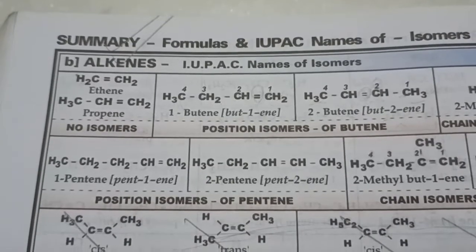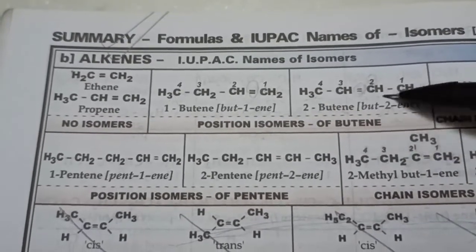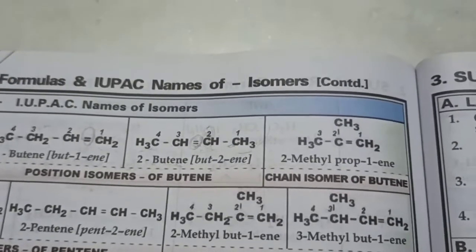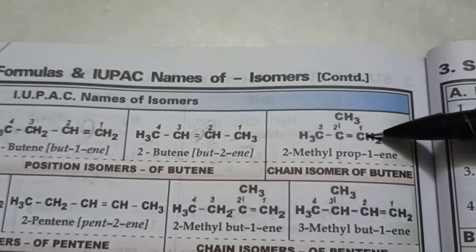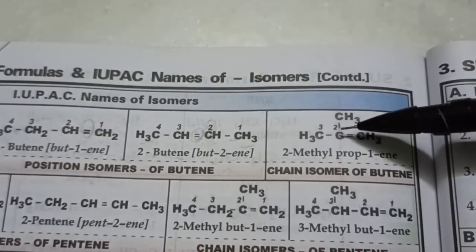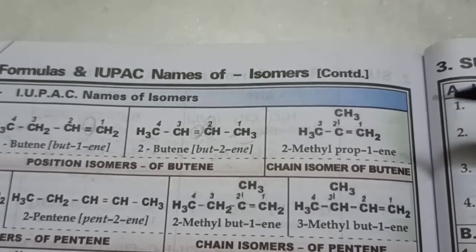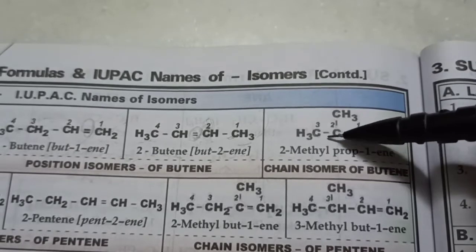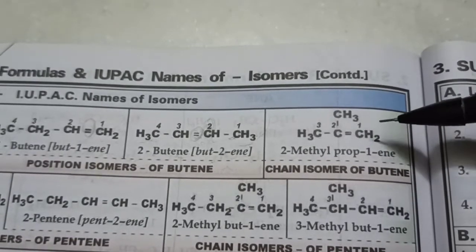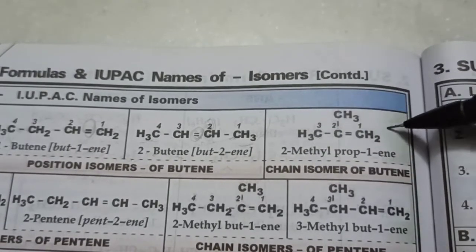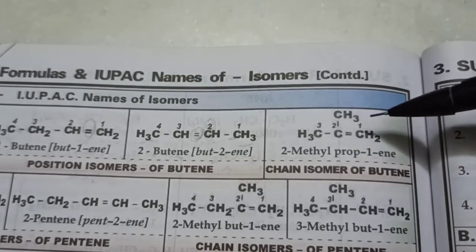What if, instead of writing all 4 carbons in a straight chain, we write it like this. 1, 2, 3, and the 4th one is attached to the middle carbon. So it's called a branched chain. Then put a double bond here, or we could have done it here also, or here, doesn't matter. And then fill in the blanks with the remaining hydrogen atoms, such that each carbon atom satisfies 4 bonds.